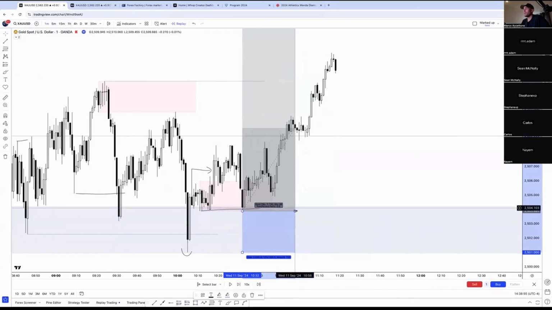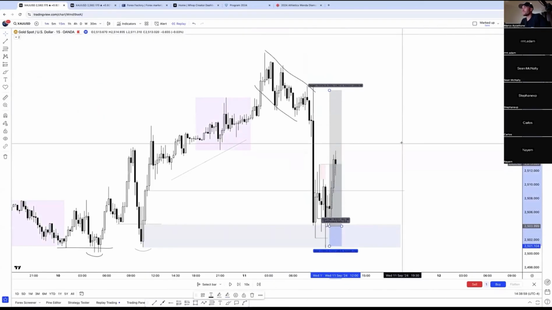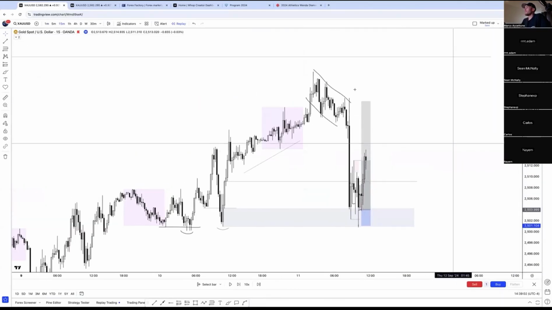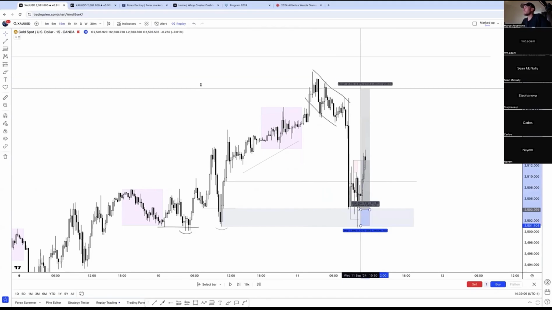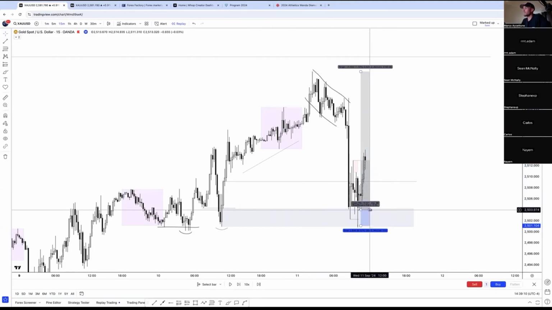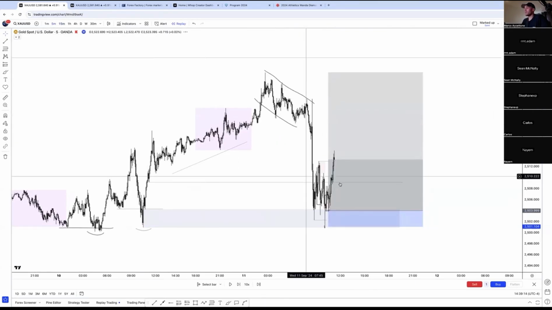And off we go. We get tagged in. Okay. Where are we going to be targeting now? Let's go back to the 15 and check this out. Simple stuff. Look at this buildup we had on the way down. If you don't want to target the liquidity on the left that I have the line there for, you can just target the structural point over here. 250 pips back to the highs. This is the only trade you need for the whole week.